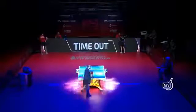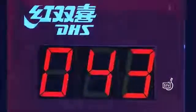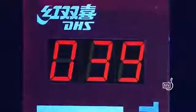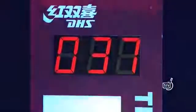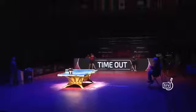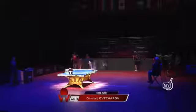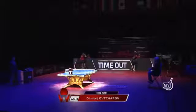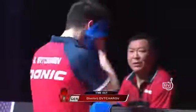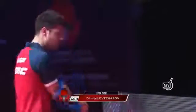Now this timeout here for Dima, I think it's a very wise timeout from his coach, Chun Hong-yu. It's very easy to get distracted and lose your focus when you've lost a point. And I had a feeling there would be a service fault as soon as the umpire called the warning. That's his way of saying, look, I see something happening that shouldn't be happening. Please correct it. Shouldn't happen again. I don't want to punish you, but if you continue to do it. So, it happened, and now coach is doing his job to make sure that Dima stays focused and calm, plays